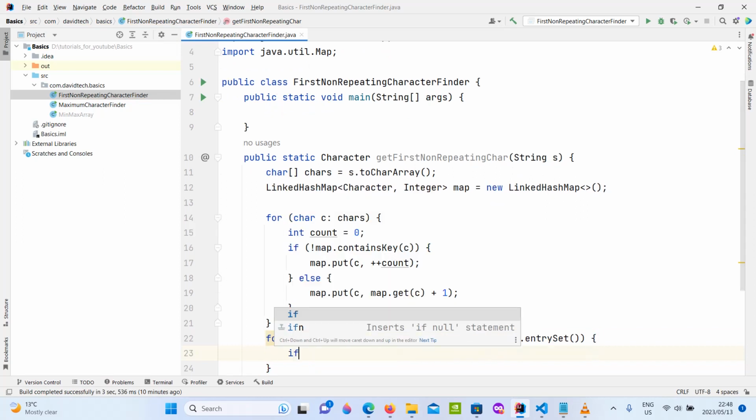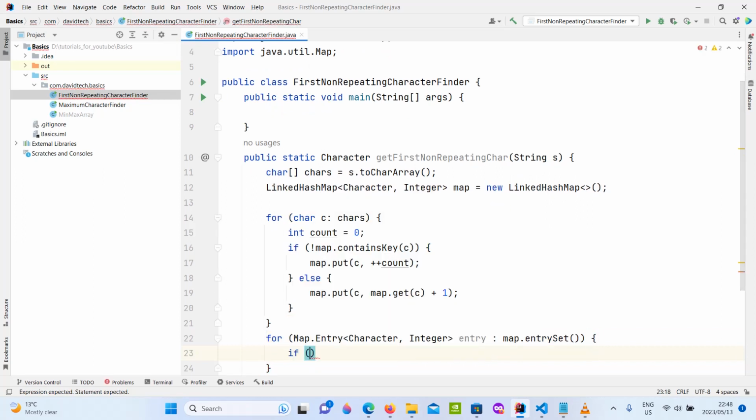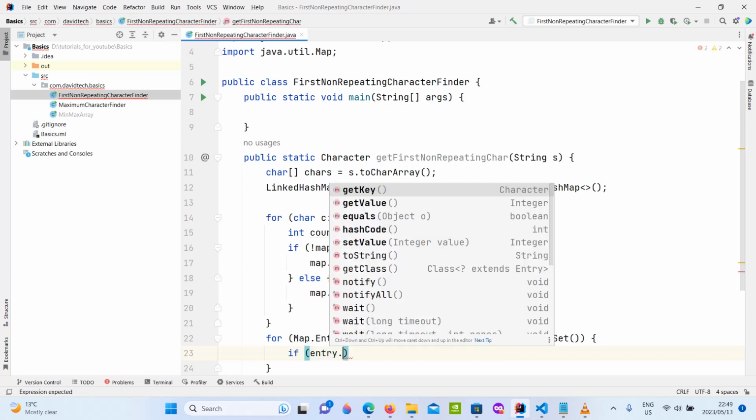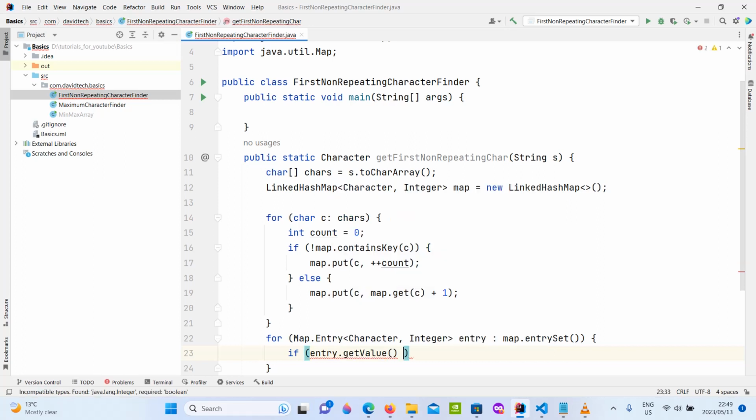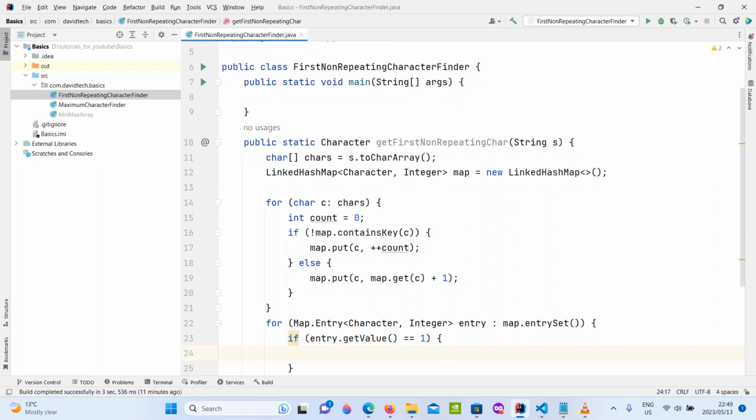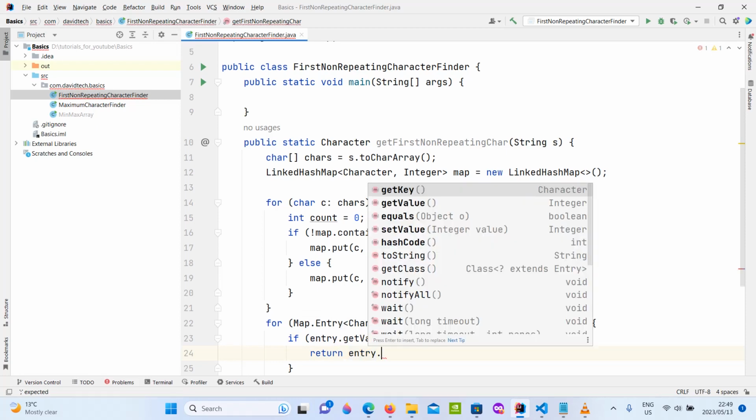So if entry.getValue is equal to 1, so the first value of a character that is equal to 1, it means it is the one, because we need the first one that occurs. So then we need to return that character,